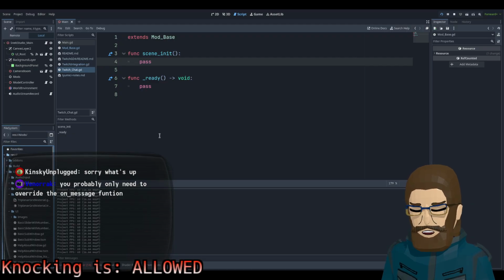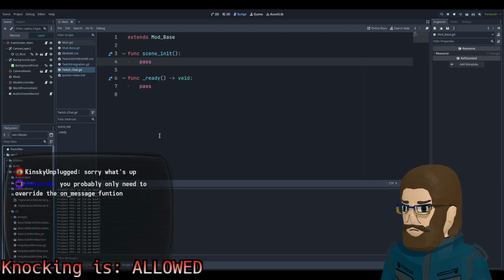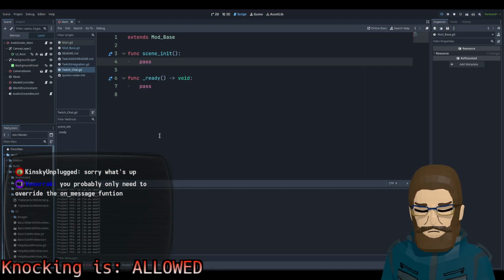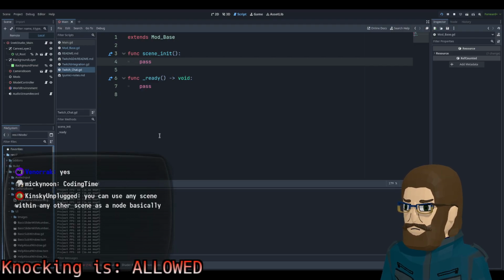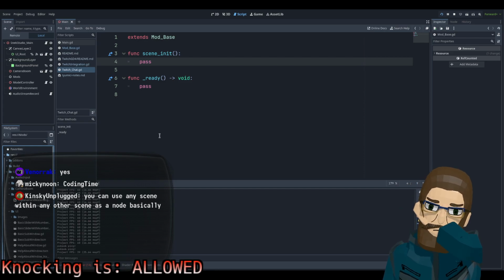You can have scenes within scenes, right? If it's a UI element, it's a thing that can go into other things visually. You probably only need to override the on message function. You're right, because we actually have that, but again, that does nothing. That just passes still.